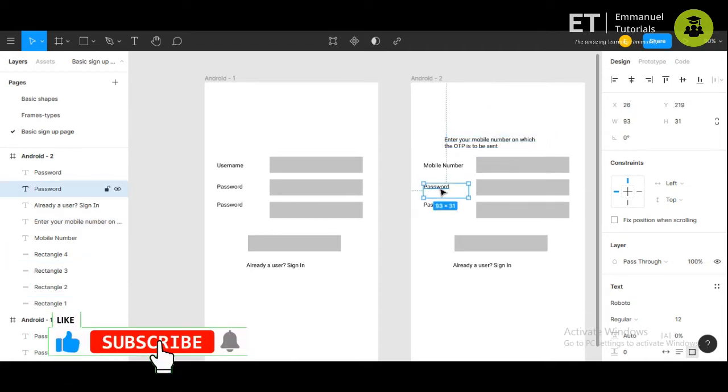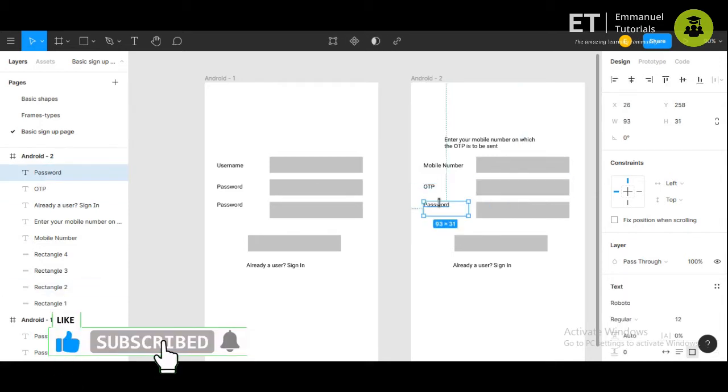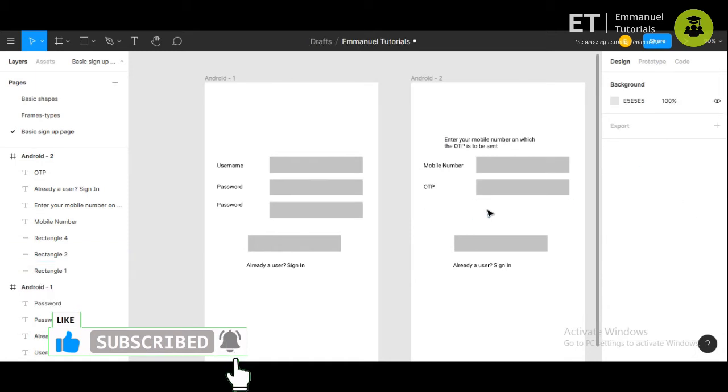And then once the user receives the OTP, he or she can enter it here. So this password column can be removed.